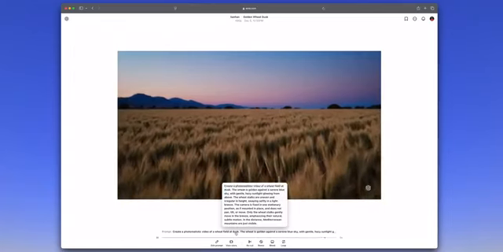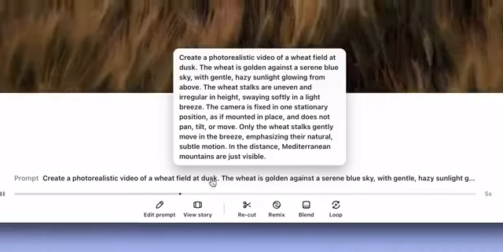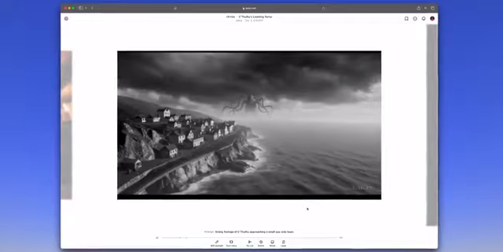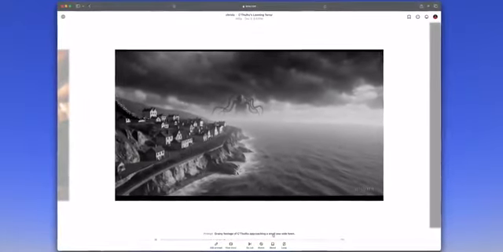So, okay, right off the bat, Sora is a tool after all. And so this feature of being able to see what other people are typing and then the results that they create from those prompts is both for inspiration but also for education, because it is really interesting reading how simple or how detailed some of these prompts are and then looking at what Sora generated and what it took creative liberties with to add on its own.